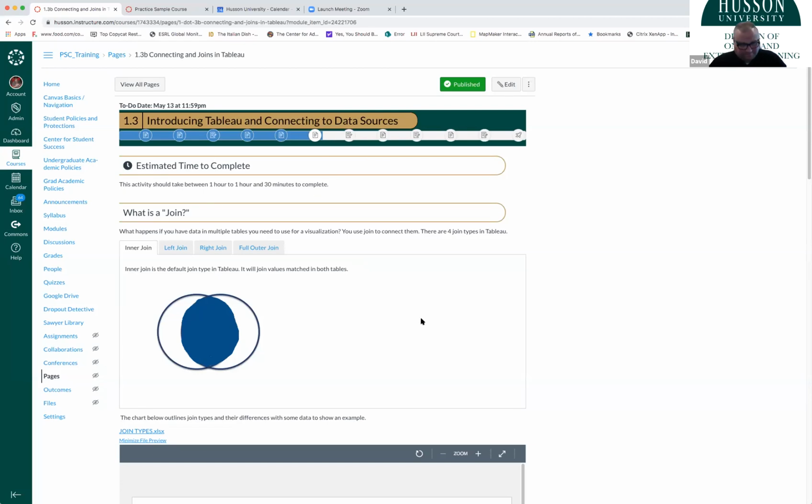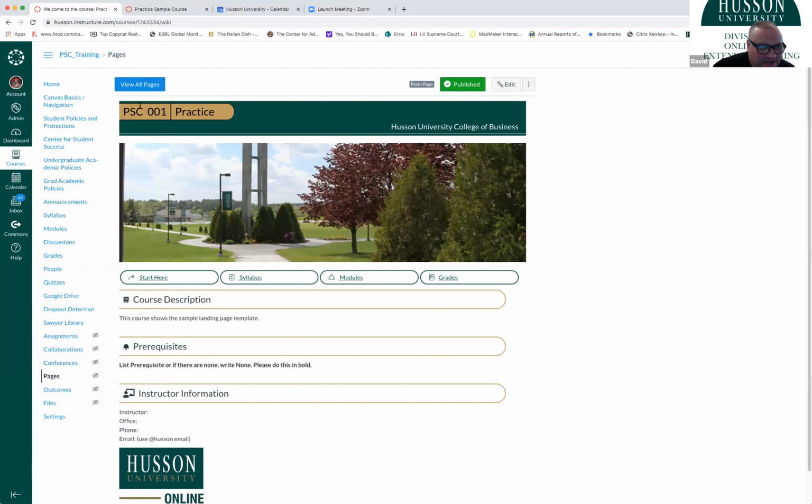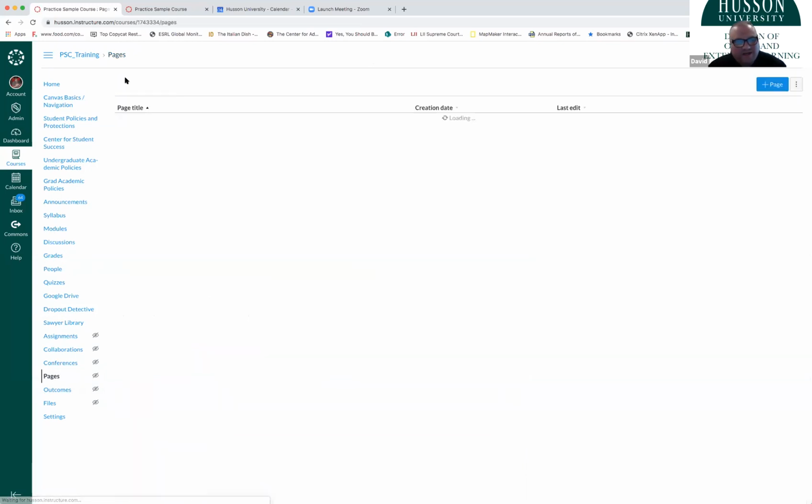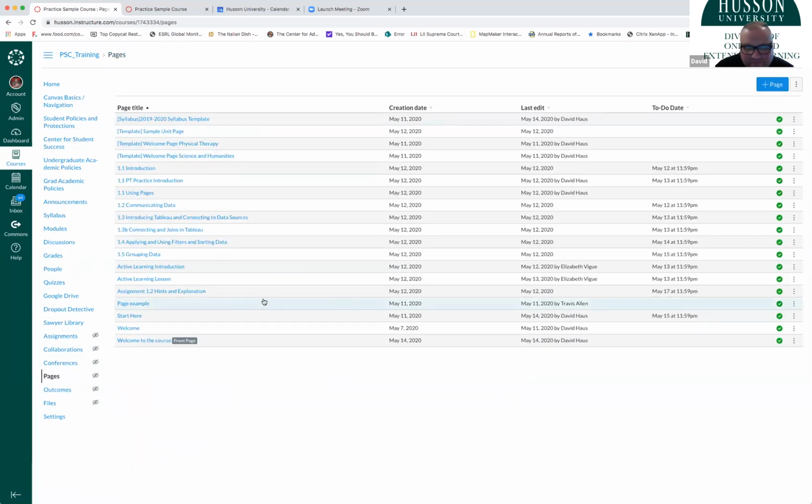So that's great. Now, how do I make a page, and does it have to look like this? A page does not have to look like this at all. This has had a little extra development and design to it, but in practicality, a lot of you will be making a functional page for students. What should that look like? Well,